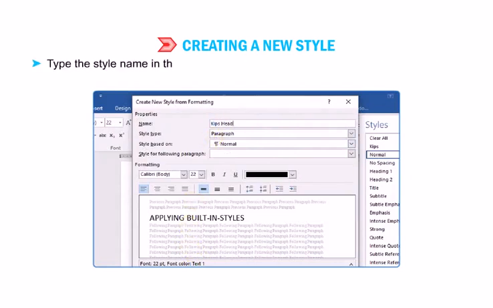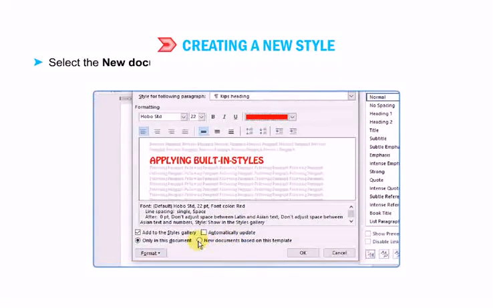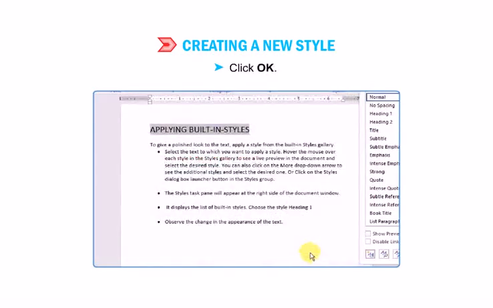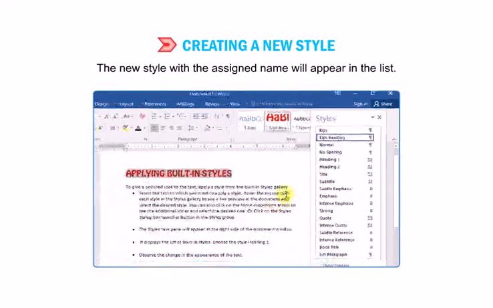Type the style name in the Name text box and choose the formatting effects under the Formatting section. Select the New documents based on this template radio button so that the new style will be available in all your documents for use. Click OK. The new style with the assigned name will appear in the list.